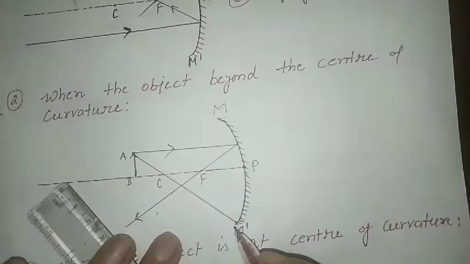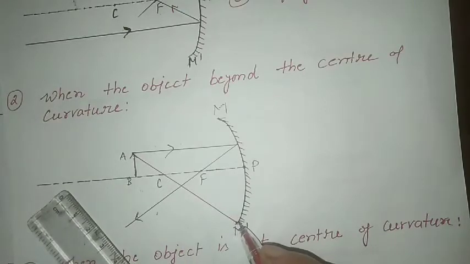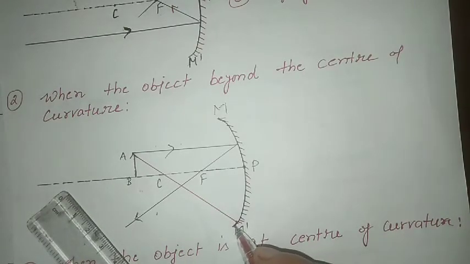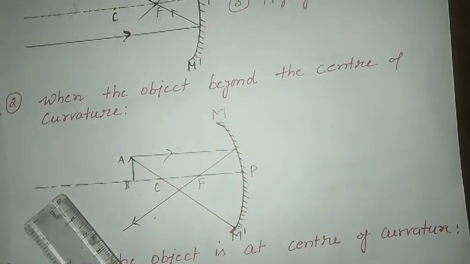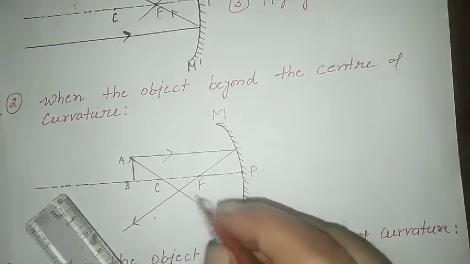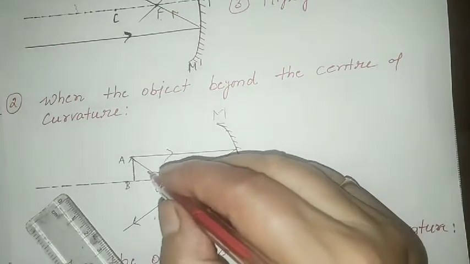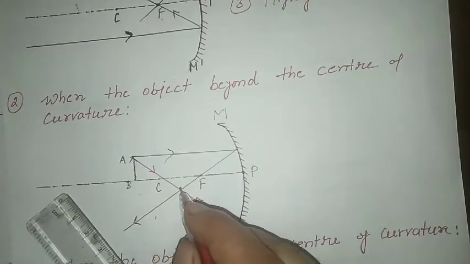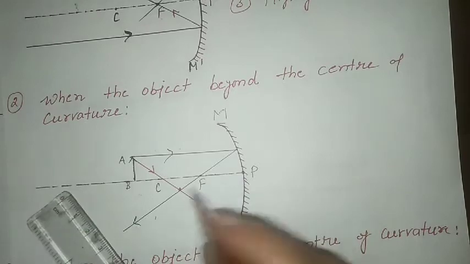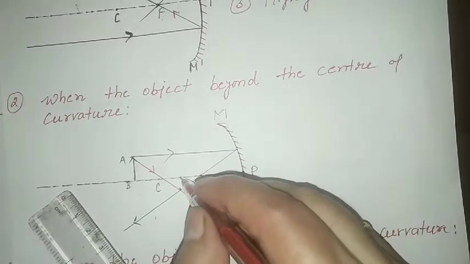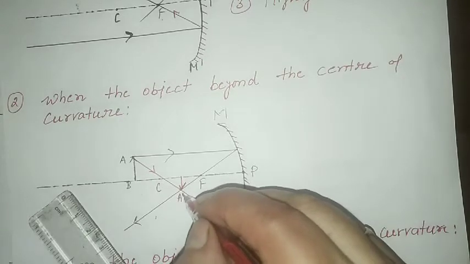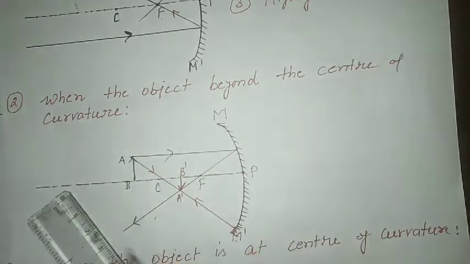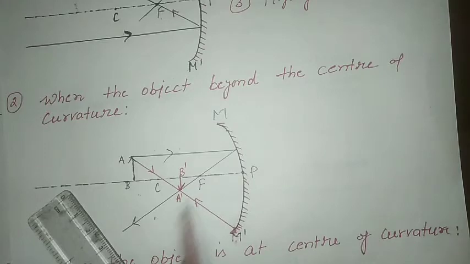It should touch the surface of the mirror. If it is not, we can increase this. That's why I shaped it like this, so we can increase on both the sides if required. So this ray retraces the same path. So where the 2 rays cut each other, intersect each other, the image is formed. So this is A dash and this is B dash. So now we can see the head is at the downward side. So this image is formed.